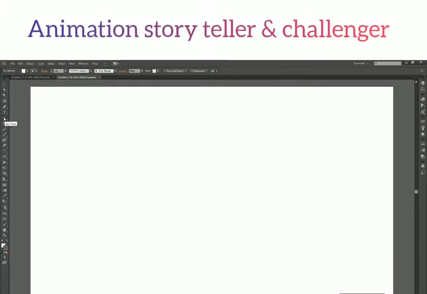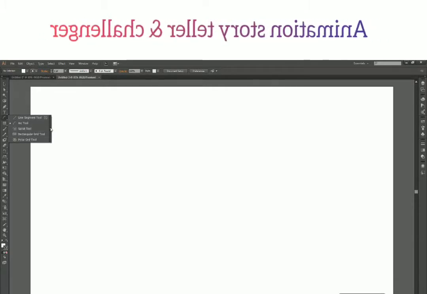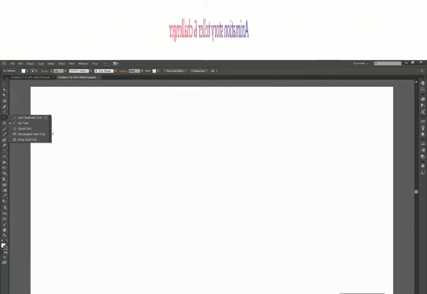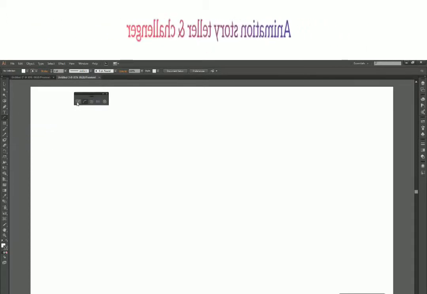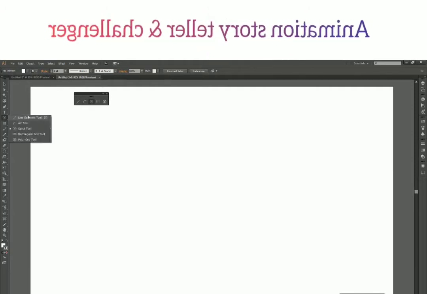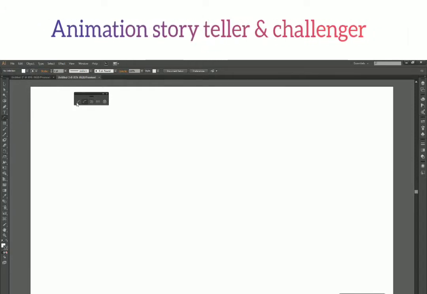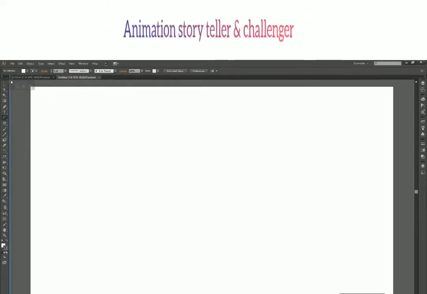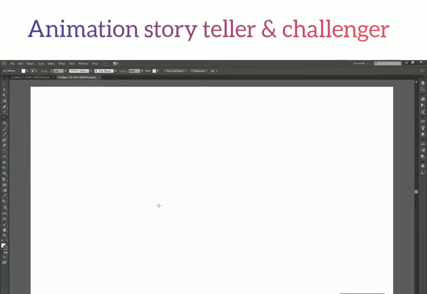Now if you are using this too much, you can actually undock this window from here. Just click on this vertical bar which has this small right arrow. If you click on it, it will undock this bar for you. So you can select your tools from here without holding your left click and selecting the tools. So it depends on you whichever way you want to work. Again, you can just click on this and dock it anywhere you want. Alright, so I'm going to select the arc tool right now.